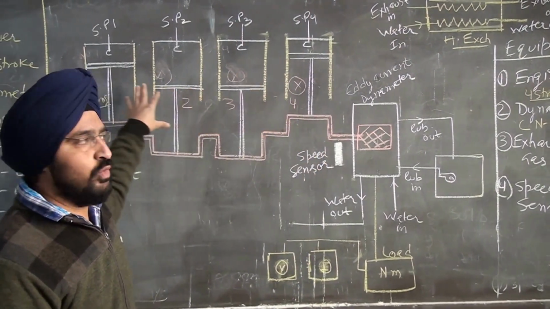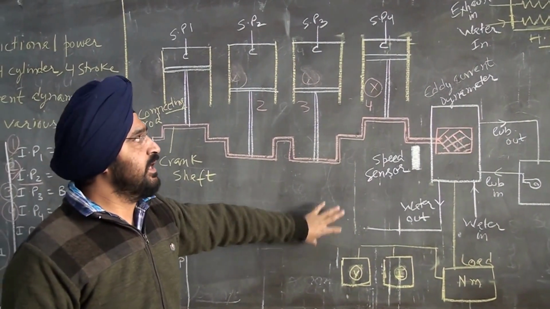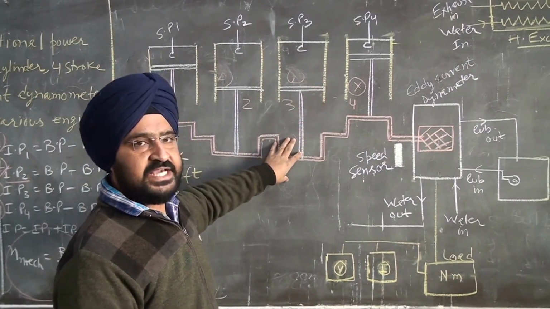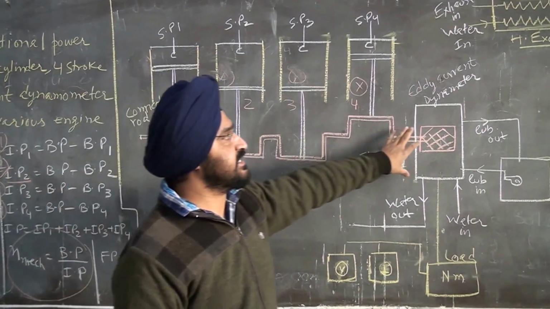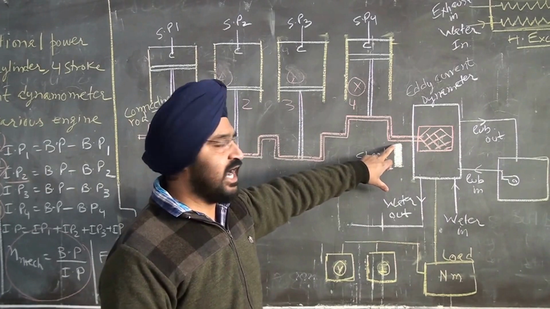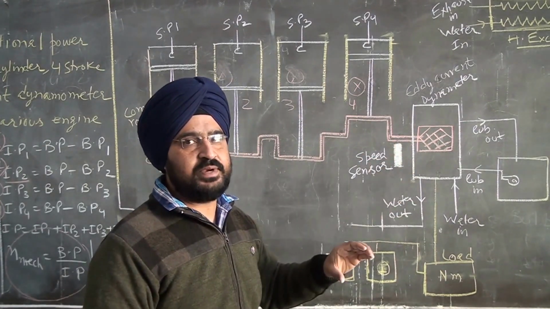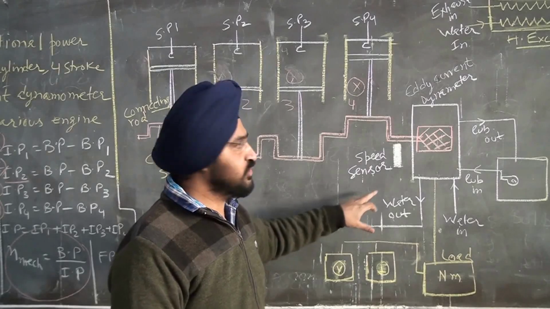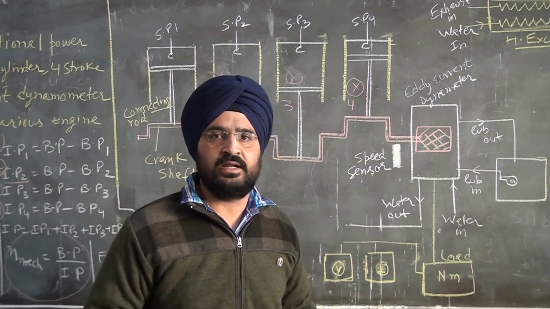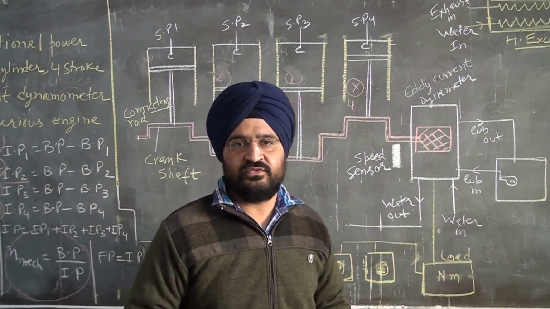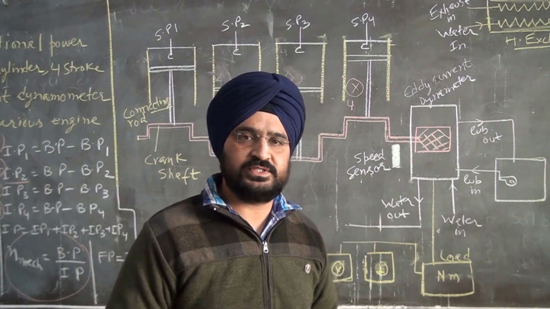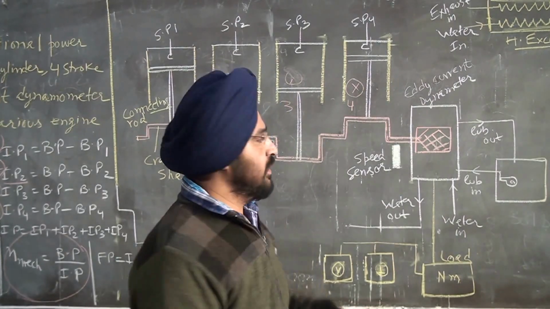So this is the whole diagram of the experimental setup, in which the 4-cylinder engine, as I showed you, has various spark plugs, and this is the crankshaft. On the extreme right-hand side of the crankshaft we have the eddy current dynamometer, and on the shaft some small attachment is there, which is the speed sensor. The speed sensor gives you the reading N equal to RPM, revolutions per minute. It may be 2000, 2500, or 3000. Whatever the readings, maximum possible speed or minimum possible speed of the engine, we get from